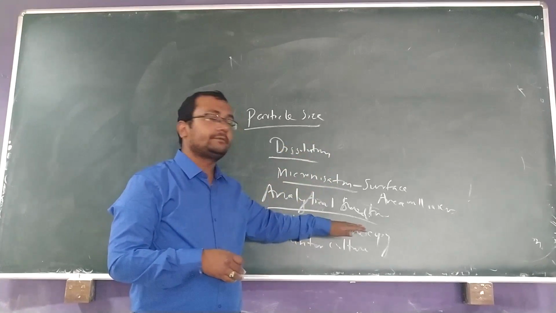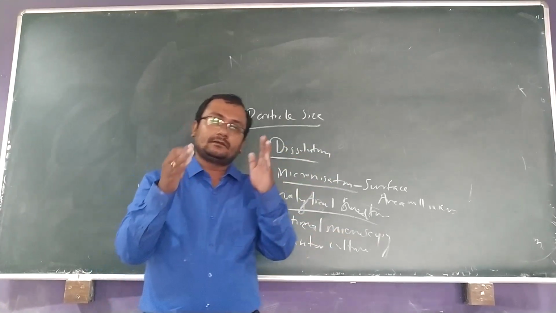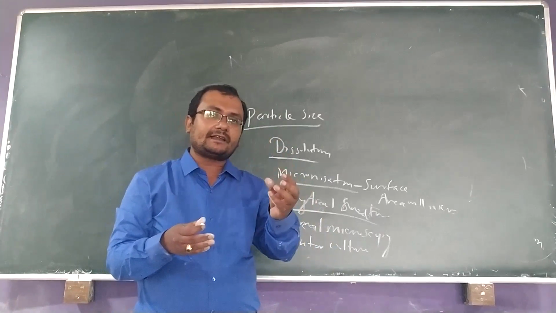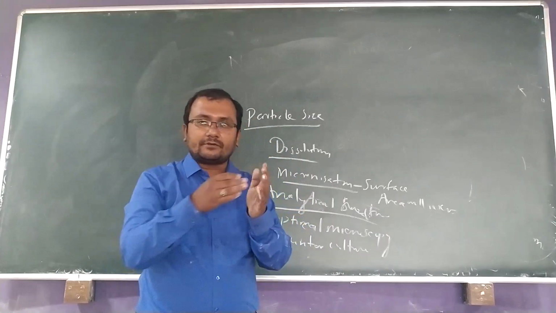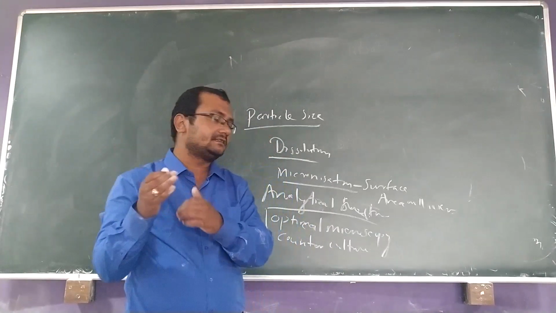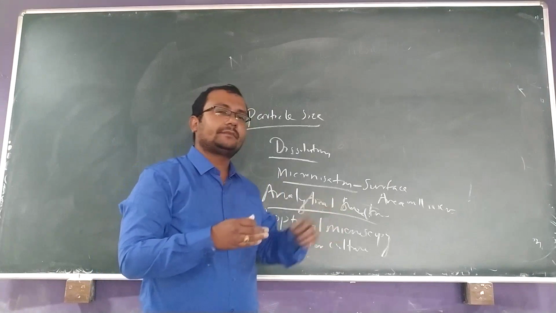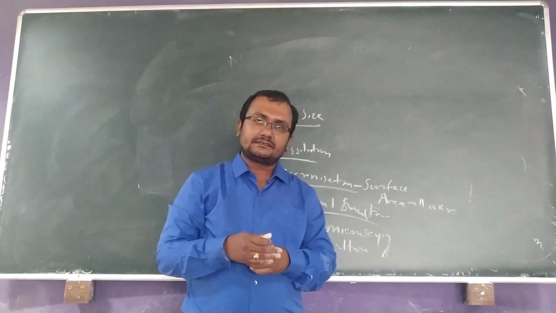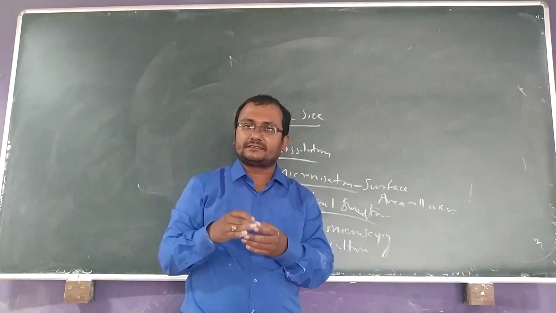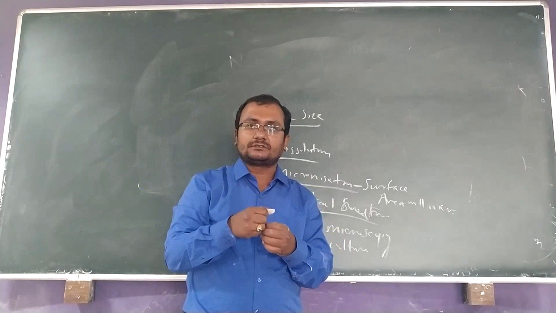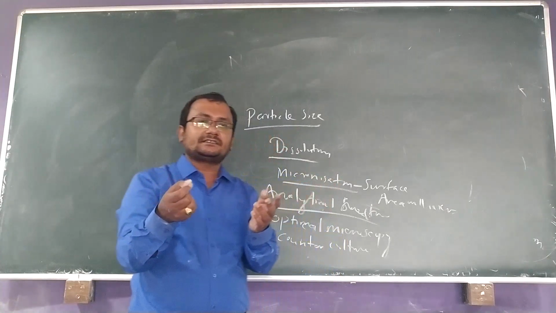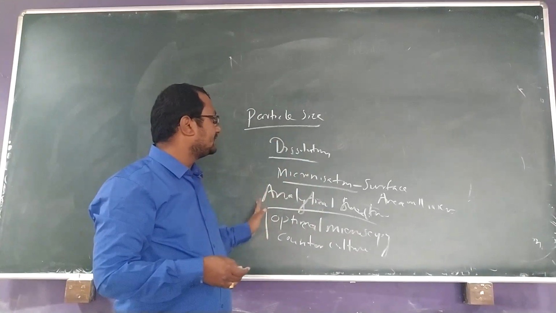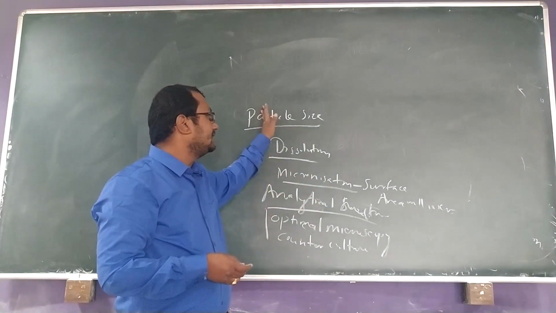Optical microscopy means that under the light microscope, you prepare a suspension or emulsion. You put that particle under the microscope and determine different particle size ranges. The Coulter counter method is generally an electrical method. It has an orifice. When the particle enters through the orifice, which is connected to electrodes, the displacement of the particles determines the particle sizes. So we generally use these two types of methods to determine the particle sizes.